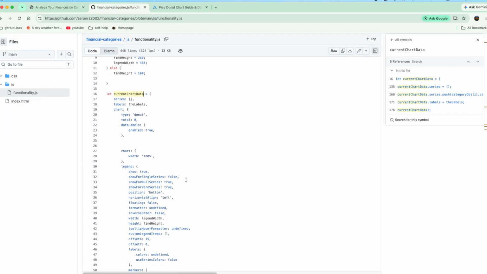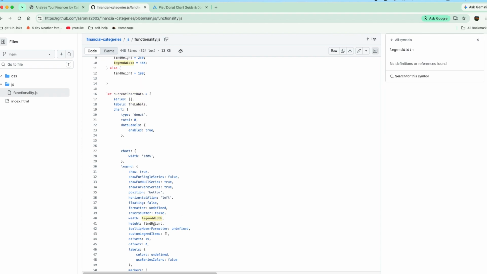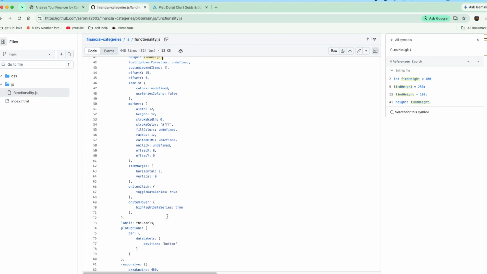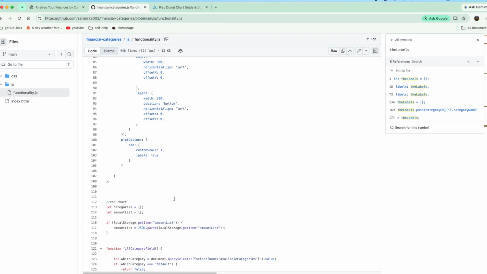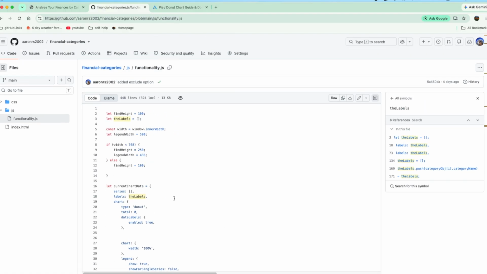The labels will go here. There's the width and the height. Once again, some more of the labels here. And the series is where the actual numbers go, so that you can tally it up